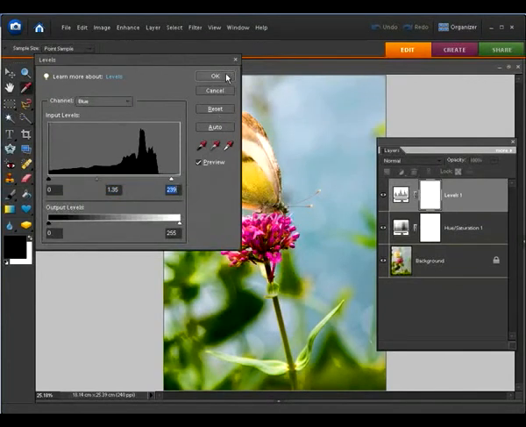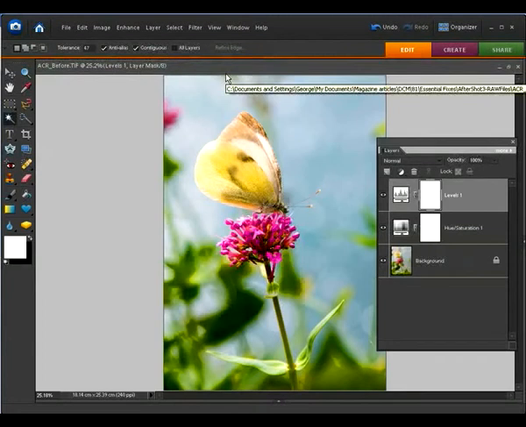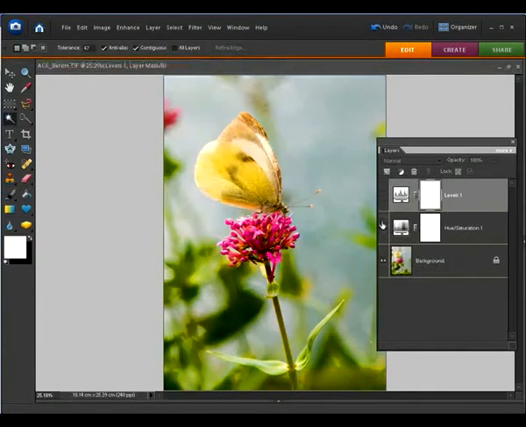So click OK to make the change, and there we have our cross-processed colours. And you can compare the difference by turning off the adjustment layers, and you can see the original colours there in the edited shot, and here's our slightly more cross-processed colours with a nice cool blue background and the warm foreground colours. We're not quite finished yet, we need to tweak it a little bit more, and there